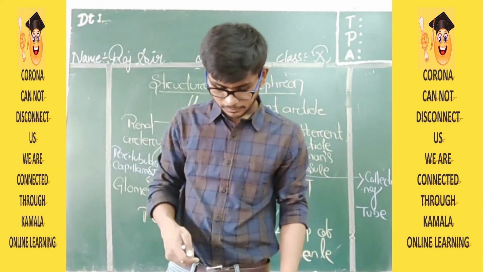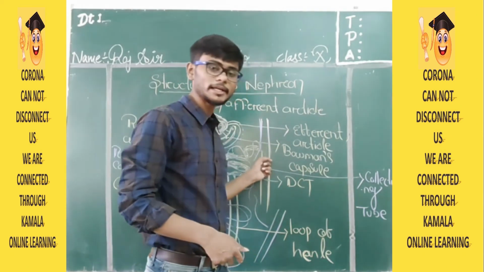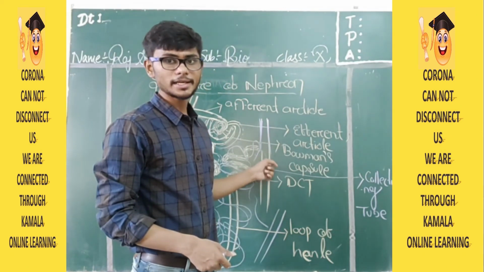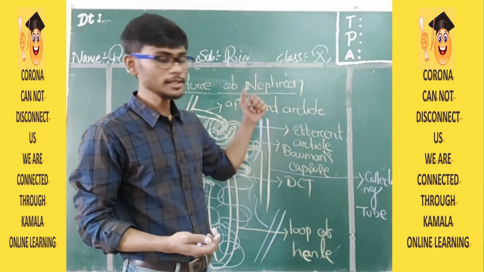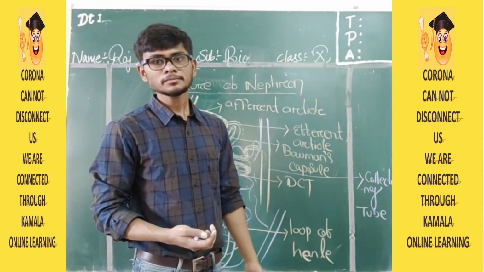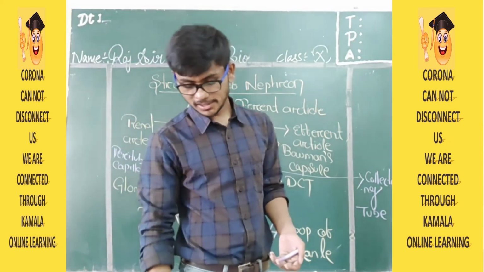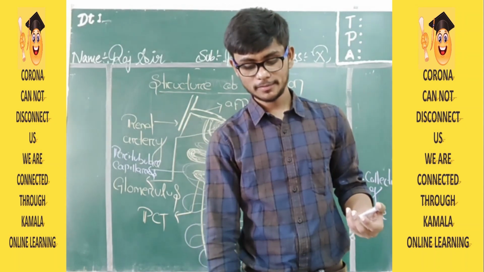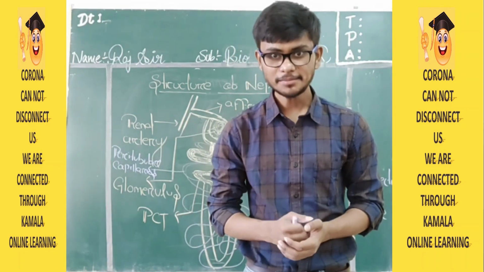So this is it. Everything we have explained, and you need to understand that this collecting tubule will at last be connected with the ureter. I'll tell you what the ureter was; in our first class I explained the ureter. These collecting ducts will at last be connected with our ureter. Okay. In our next class, we will be learning how urine is formed, the mechanism of urine formation. Until then, bye bye.